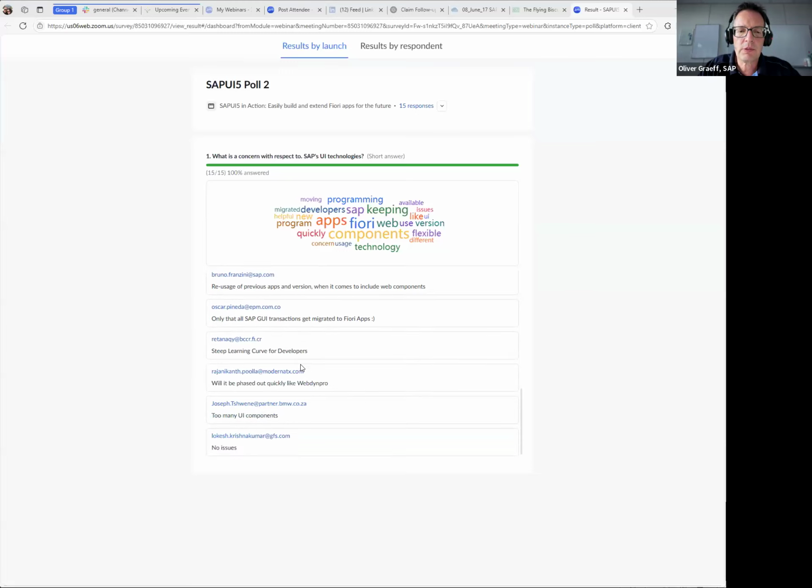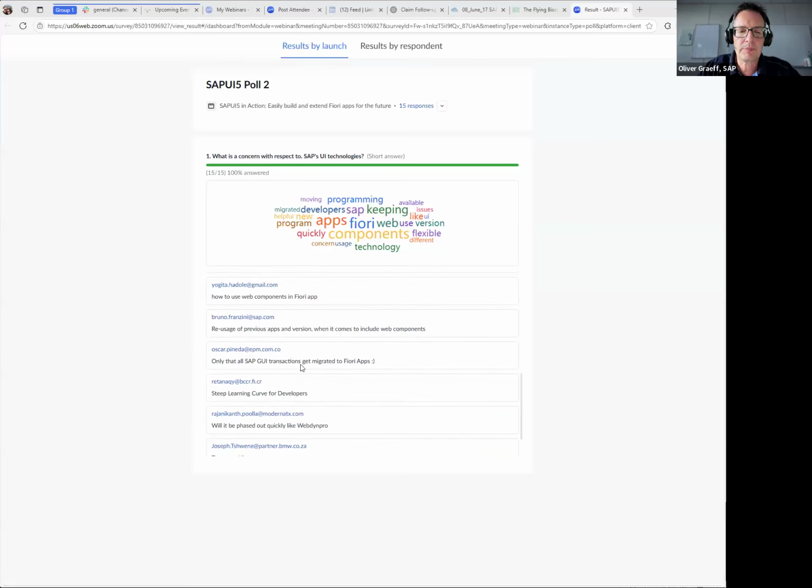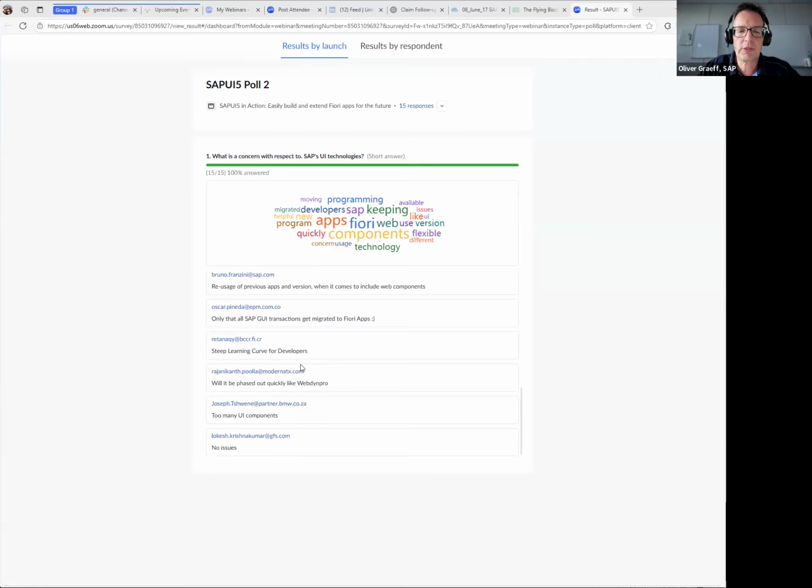Will it be phased out quickly like WebDynpro? Not sure what is phased out. So definitely SAP UI5 will not be phased out. Web components not phased out. Too many UI components. Yes,